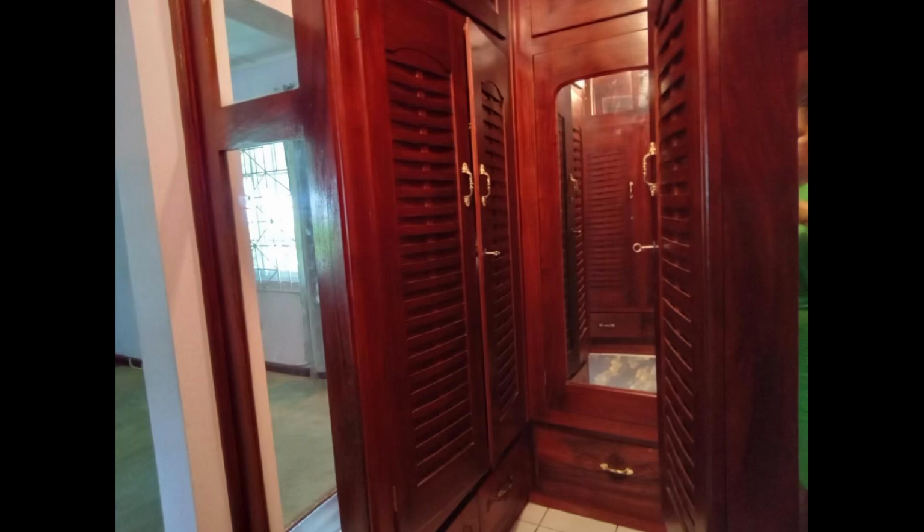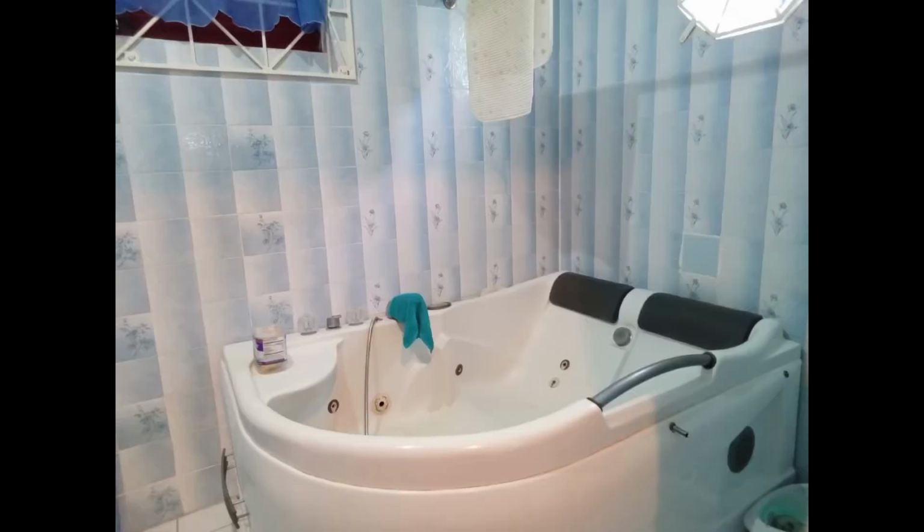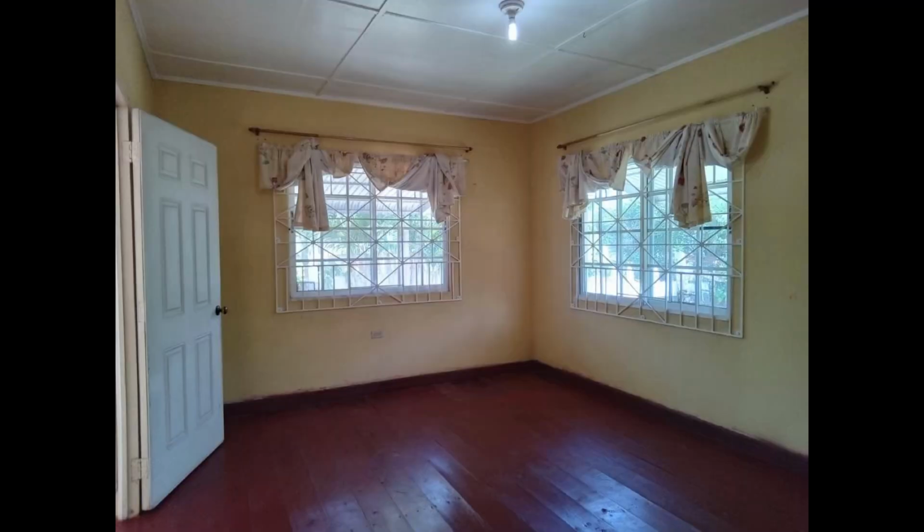I get so many requests for Clarendon, so I'm glad to be able to show this one to you guys. As you can tell, some of the bathrooms will need renovations just to make them more modern and updated, right? But all of that, you can take your time and do that, all right? So here's one of the bathrooms. As I said, it does have that older style with the colored tiles, which we're moving away from. So you guys can take your time and update your bathroom and make everything in this home modern and new